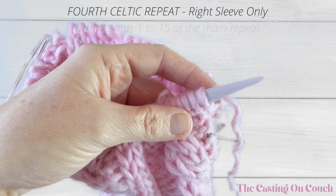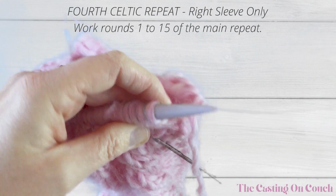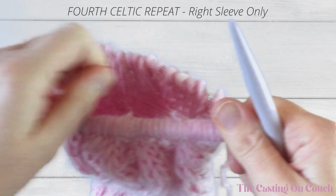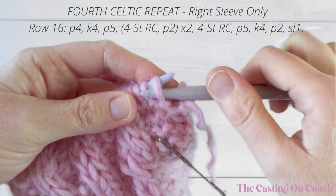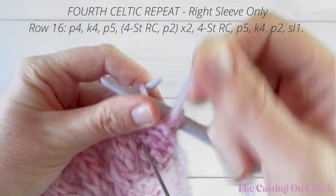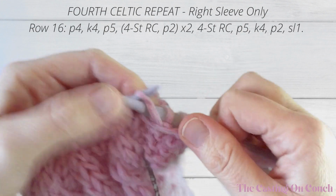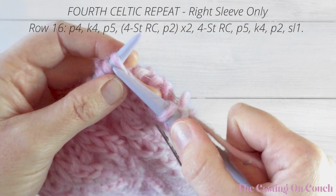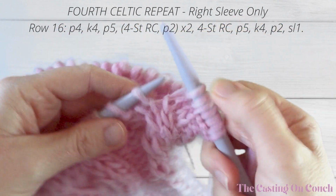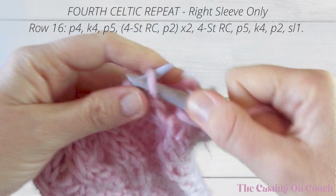To achieve the right sleeve, work rounds 1 to 15 of the main cable pattern, and round 16 will be a setup round in order that we may incorporate it with the back. Now we work the majority of the stitches in the usual way. I'm going to show you this row in full so that you can see exactly what happens. So we're purling 4 to begin with, and then knitting 4, purling 5,